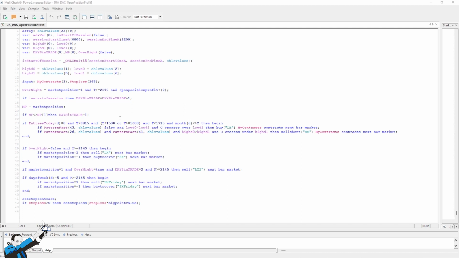Right, and here is our strategy. It's a strategy that we've been using since 2017. It's a basic reversal strategy that buys, so it opens a long position when a false breakout of the previous day's low occurs, and sells, so opens a short position when a false breakout of the previous day's high occurs. So these highs and lows are calculated using the so-called old session of the DAX, namely the one that goes from 8 a.m. to 10 p.m.